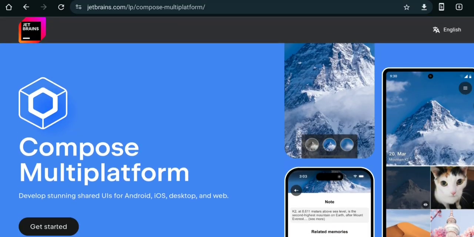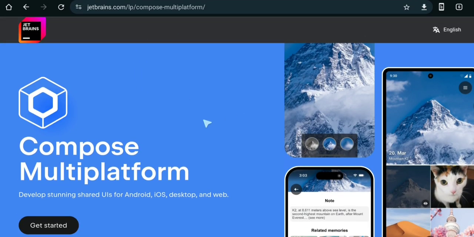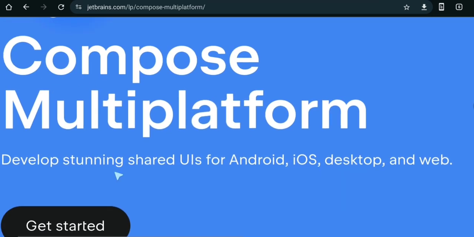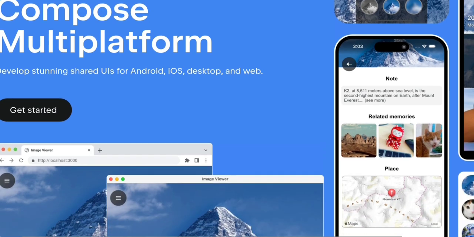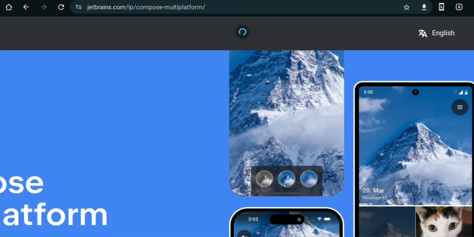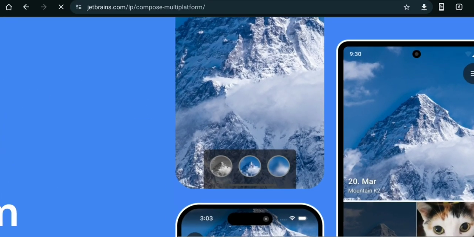So this IntelliJ framework, they do have such a UI framework. It's called Compose Multiplatform. Develop stunning shared UIs for Android, iOS, desktop, and web. Looks really promising. We see here an application.